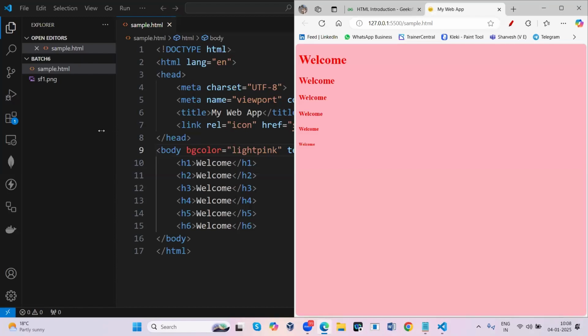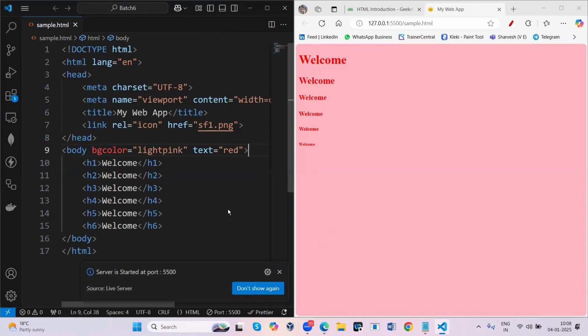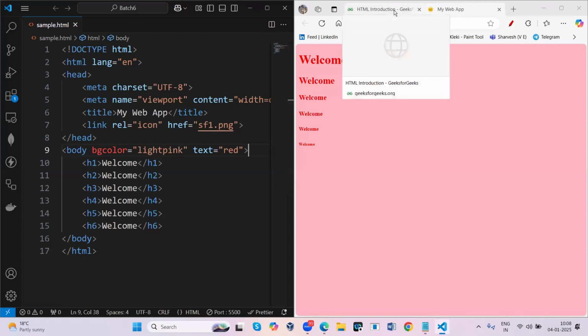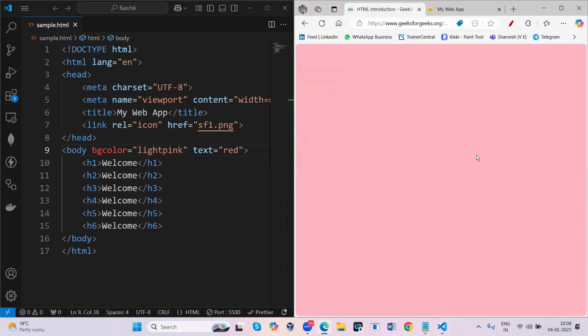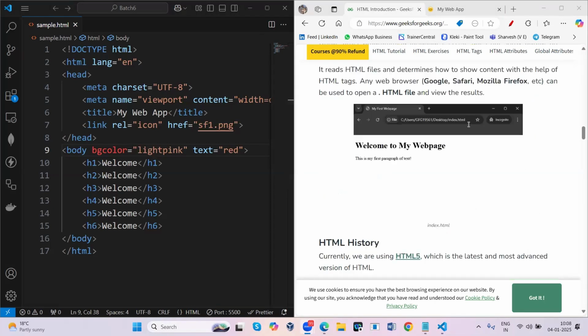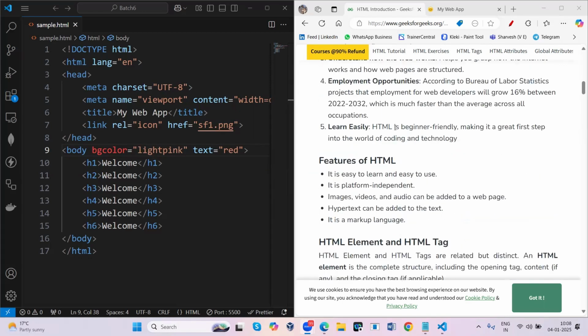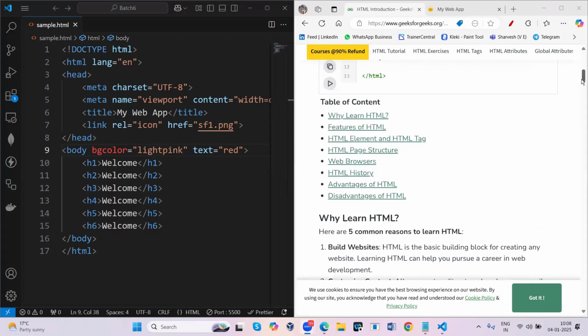Now what we are going to see in today's session is a few more things. Like I just explained the H1 tag, H2 tag, H3 tag, that's all. So let us see one small example for understanding in more detail. If you open any kind of website, the text will be in different formats.